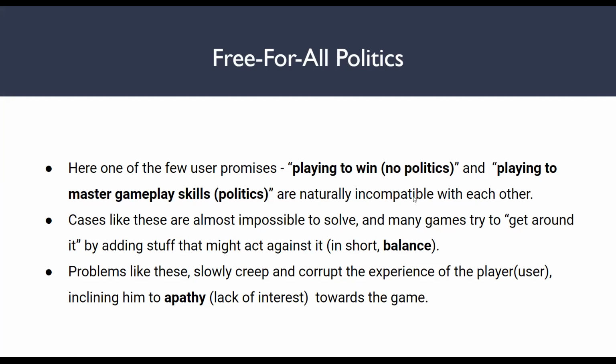So the problem is that it doesn't make the game bad, but it slowly creeps up on the core game design while people are playing the game over time. And sometimes this shows a lack of enthusiasm or apathy towards the game.